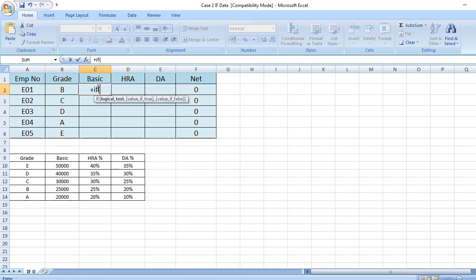Now in the logical test I refer the cell B2 to grade A, and then for the true value I write the corresponding 20,000. But if the value is not true, then we need to re-insert the IF function to check for different grades. Like